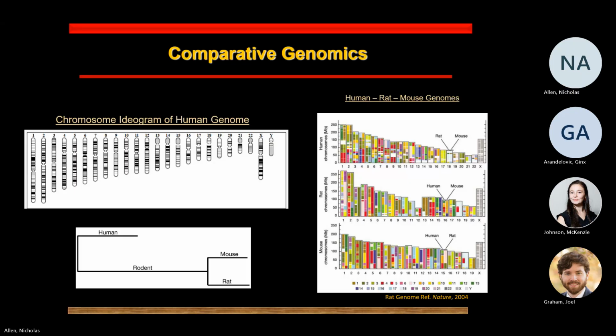So the point of all this information is that there's a high degree of conservation. It's just mixed up over the different genomes on the chromosomes, right? So you can see,